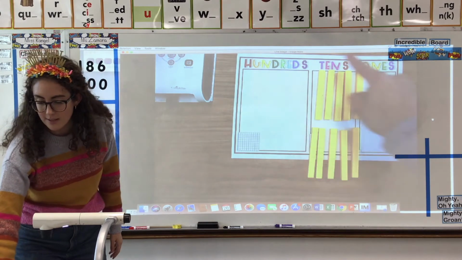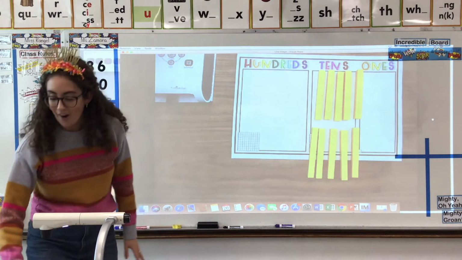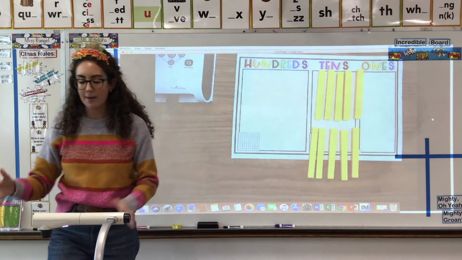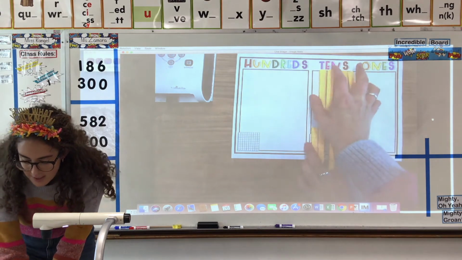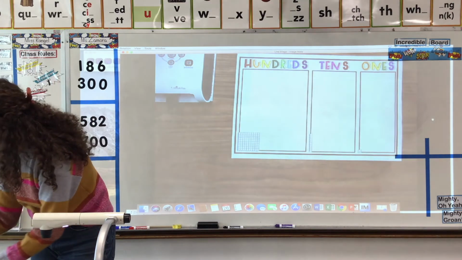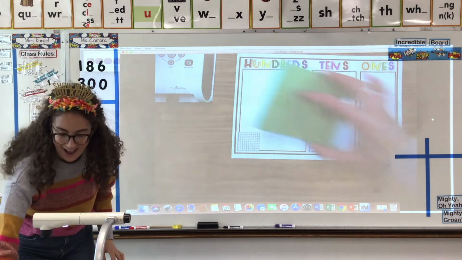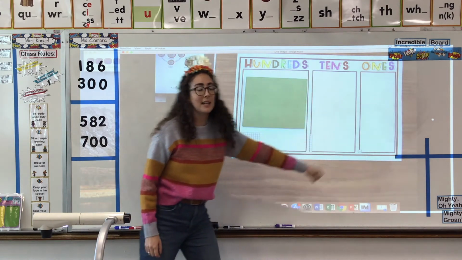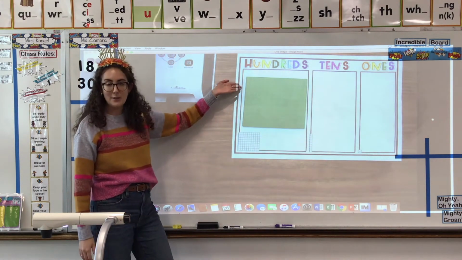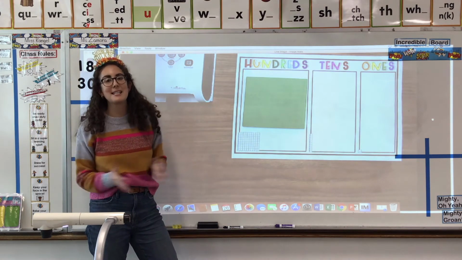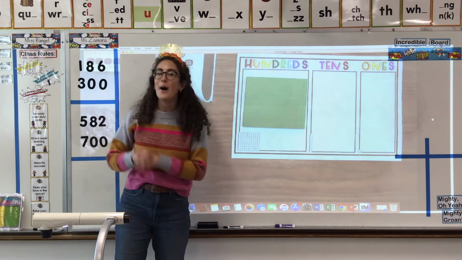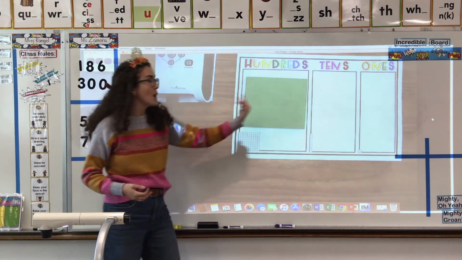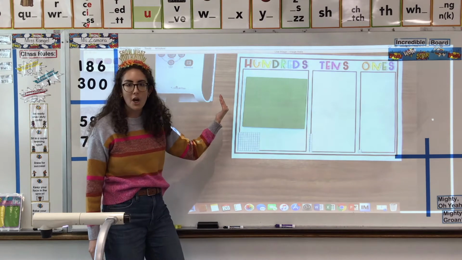Our 10 tens can bundle and be changed to what? If we bundle our 10 tens, we'll get 100. Our 10 tens can change to 100. They equal the exact same thing. Okay, second grade. So now that we were able to see ourselves moving to the left of the chart and getting bigger every time we bundled,